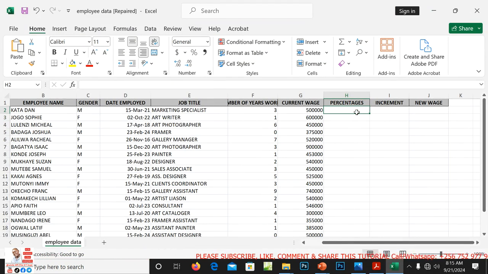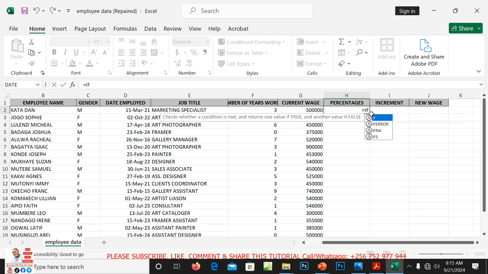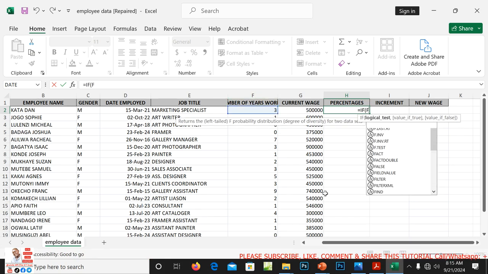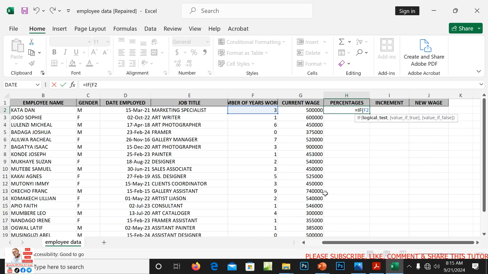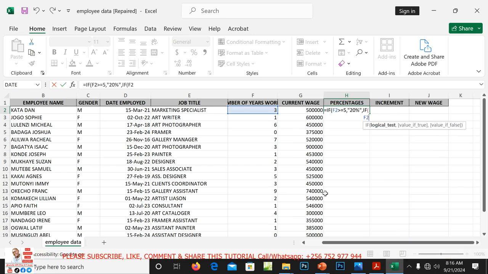Yes, so here I'm going to use the IF function. I'll say equals IF, open brackets. I'm going to base on the number of years, so this is F2. If F2 is greater or equal to 5, comma, open quotes, this person receives a 20% increment, close quotes, comma, IF, open the bracket, F2